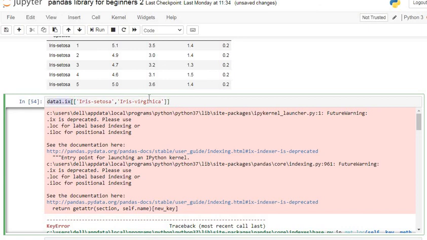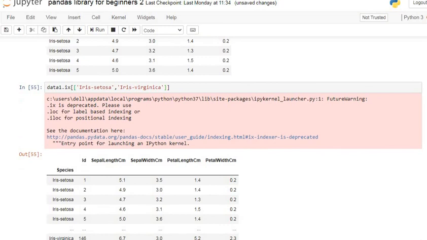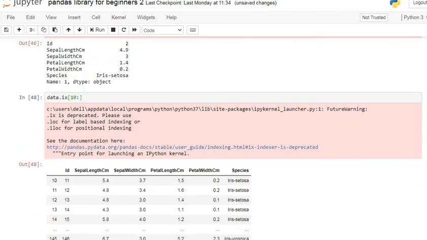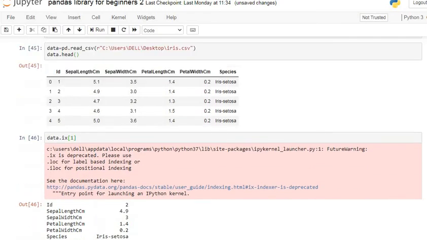This is basically a list, that's why we have to specify two brackets. Now we get all the rows having iris setosa and iris virginica. This is the required procedure to use the ix function.